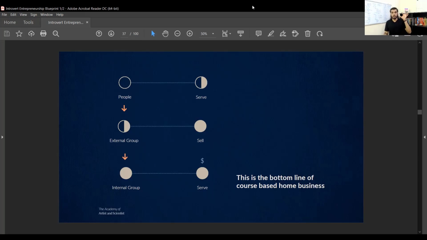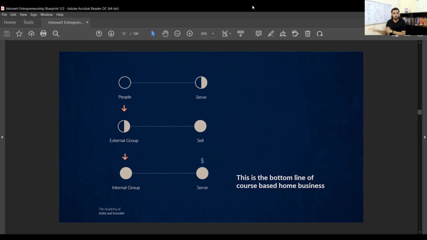Now, the people who resonate with you, you are putting them into a group called the external group. External groups are for free, where people join, say, for example, your WhatsApp group, your Facebook group, your Telegram group, your group that you make, which is for free, where people who are genuinely interested come and become a part of the external group. So now people become your external members. The external members are completely different from internal members. Since people are interested in what you're doing and learning from it, you keep on nurturing them.